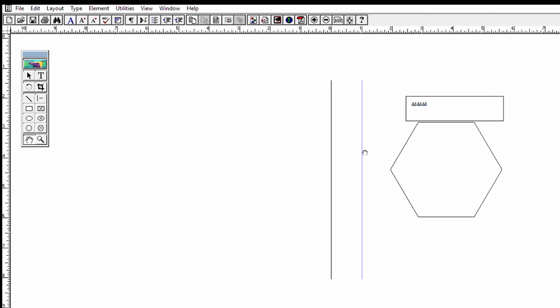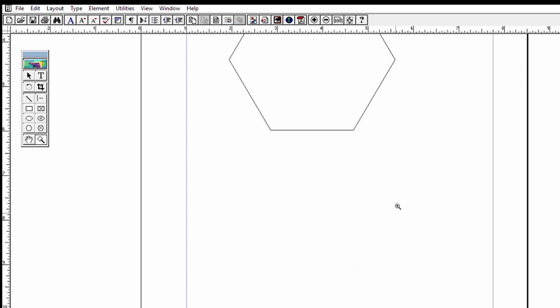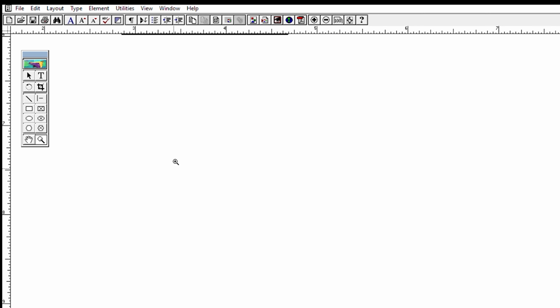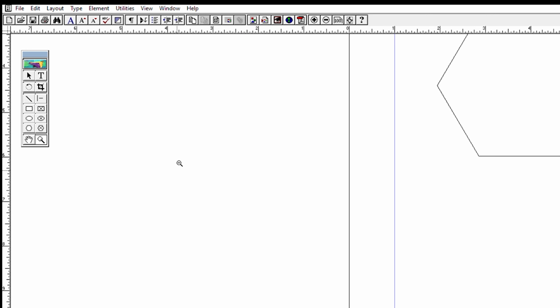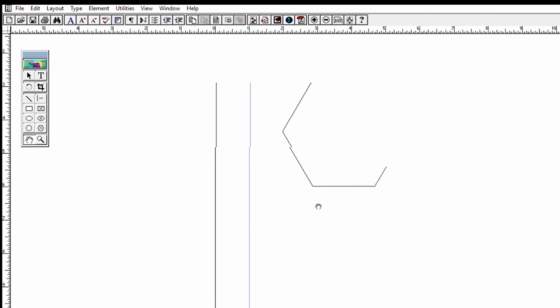Understood? Next one, this is zoom tool. Zoom tool is used to magnify. If you click, can you find? And again, if you click control, you will get the minimizing tool there. Understood? Then take the hand tool and move it to the center or wherever you wish. Okay?